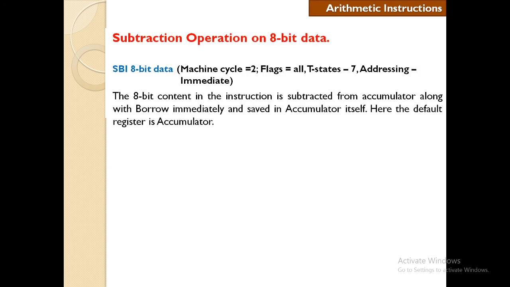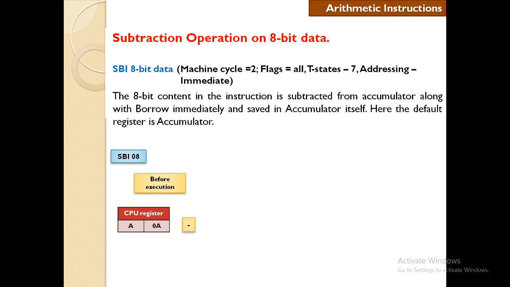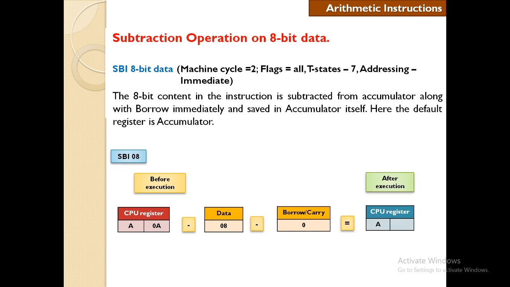Okay, if we talk about SBI, here again we are considering the immediate addressing mode, where the content will be subtracted from the data immediately provided, along with the borrow. Here I've considered a negative symbol for your understanding's sake. So always remember, the microprocessor will subtract everything using the 2's complement method. In this section we have seen that SBI is subtract immediate with borrow. We have the content in the accumulator subtracted by the content provided immediately in the instruction, and considering the borrow